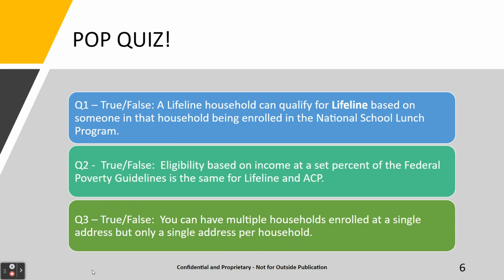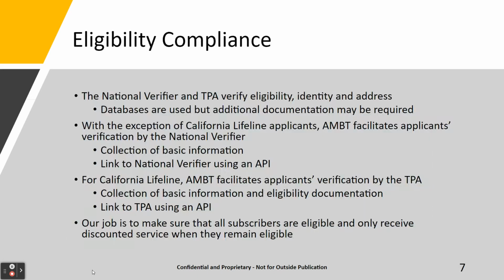Question 3. True. Remember, you can have multiple individual qualifying households at a single address, but use common sense and conduct checks to verify. If it looks like we have people at the same address, but the household is a small apartment, you're likely looking at the same household. For homeless shelters, for example, we look at the percentage of the housing capacity at that shelter. Because we know that this is an area where fraud can occur, we use controls so that too many applicants from the same address can't apply.